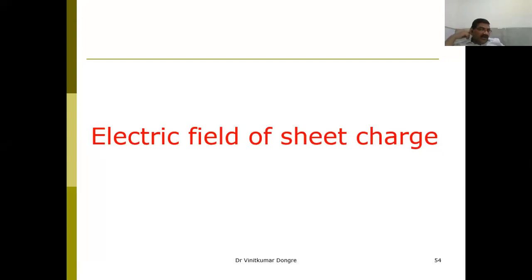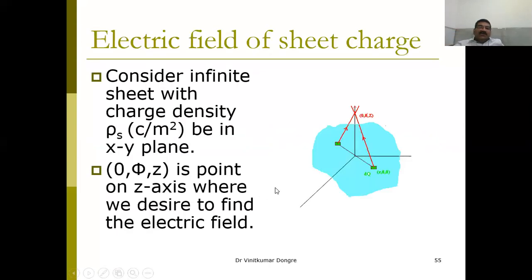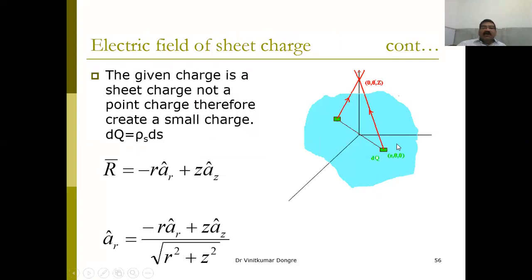Okay. So these are very simple things. Now we will go to the electric field due to sheet charge. Here again, in a similar way, we will do the derivation. So this sheet charge is there. Here is one point, here is another point. You can take the point, the electric field intensity due to sheet charge at 0, 0, z. So find out what the electric field intensity due to the sheet charge will be. The same thing we have to derive again. So find R, this R and this R. These are the points on this side and that side.